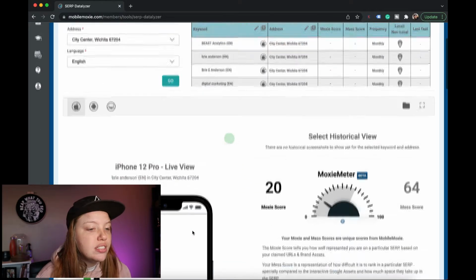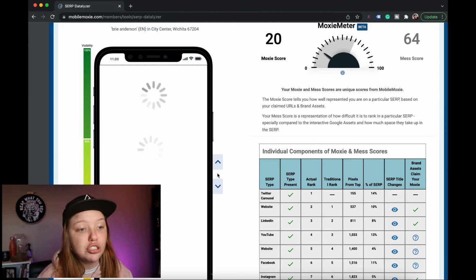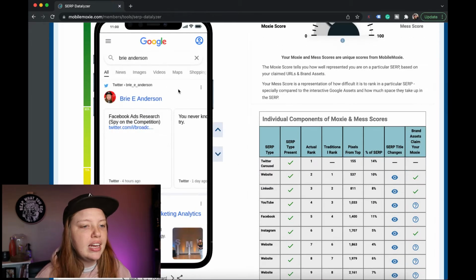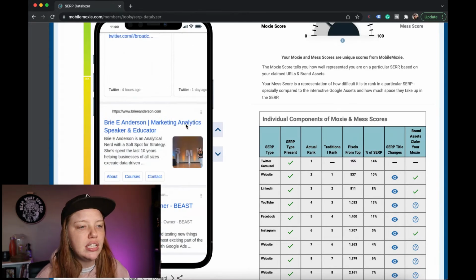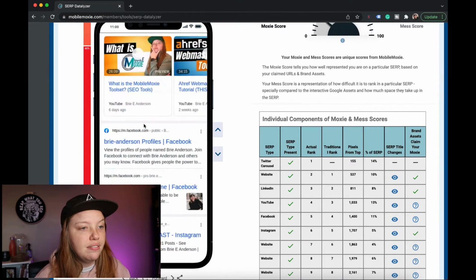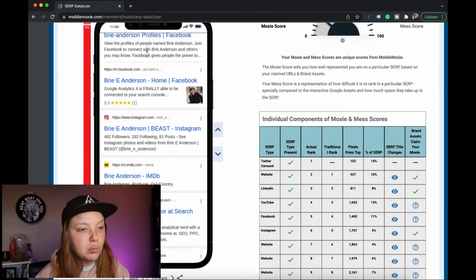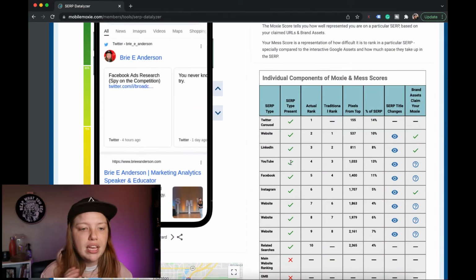And as you scroll down, you're going to get a live version of the search engine result page, and you'll be able to see all the different features that are available. So the first thing we see is a Twitter carousel, then we see my website, a LinkedIn page, YouTube carousel, Facebook page, Facebook profiles, Instagram, IMDb, Search Engine Journal, and a Squarespace site. All of that's available. Now, on the right-hand side, what's really cool is you get this table, and this table will show you all the search engine result features that show up,